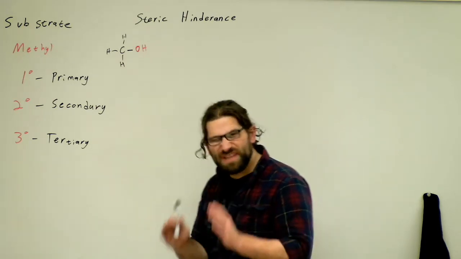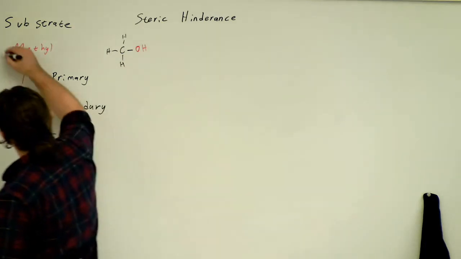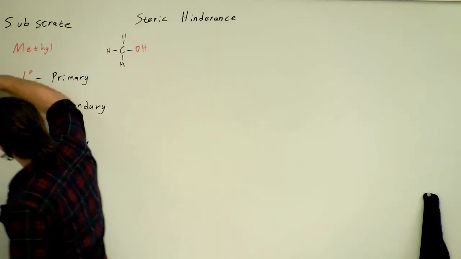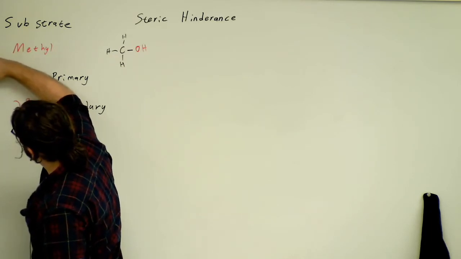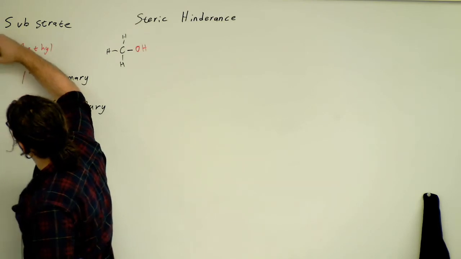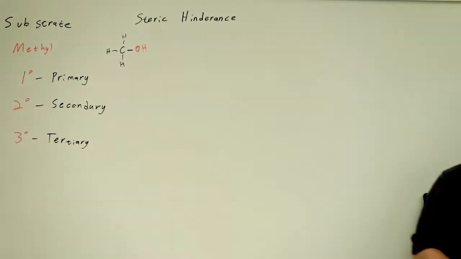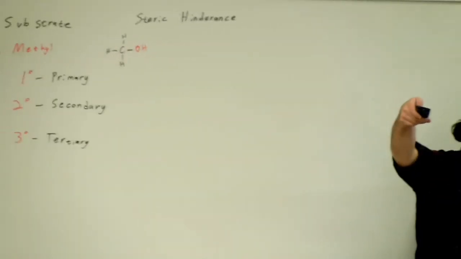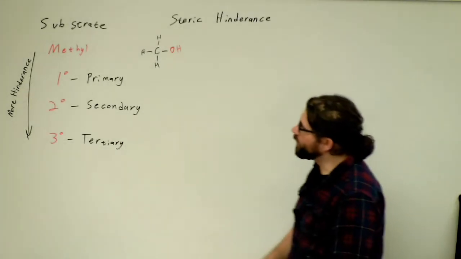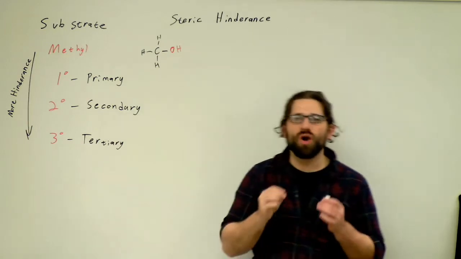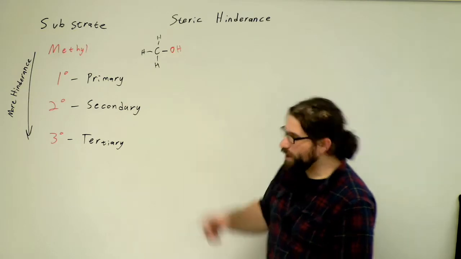So our steric hindrance is going to be increasing as we go down this list. So as we go down, we're going to have more hindrance. It's going to be more hindered from being able to react. All right? Next, we have a primary